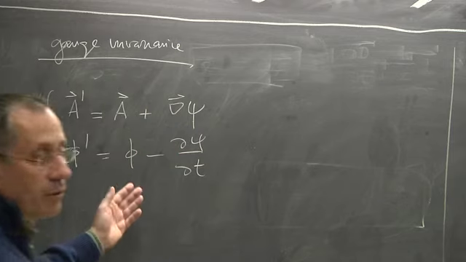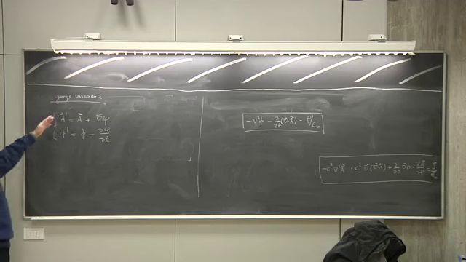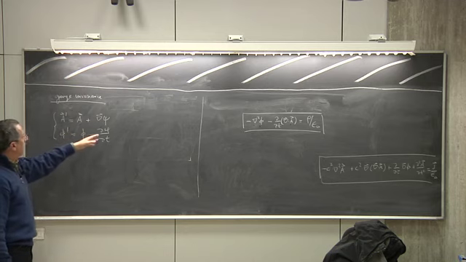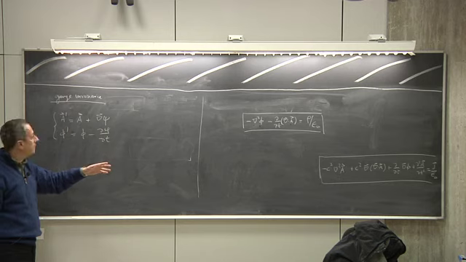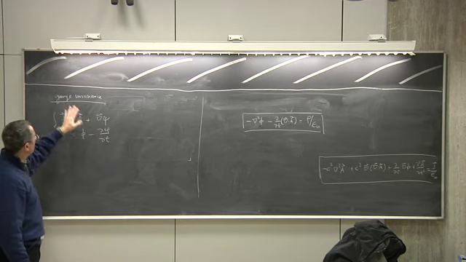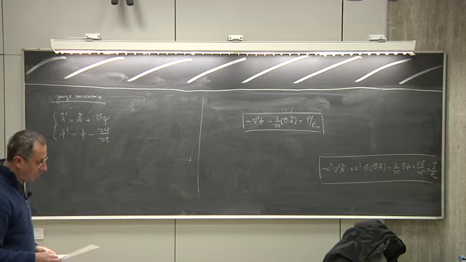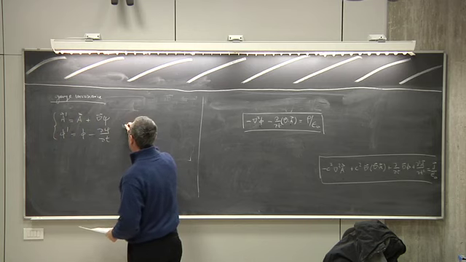So this is a transformation, right? I transform my vector and scalar potentials according to this rule. I go from A and phi to A prime, phi prime, and this psi is just an arbitrary scalar function. Now this transformation is called a gauge transformation, and what we already discussed is that if you do this in the potential, you get the same E and the same B field,